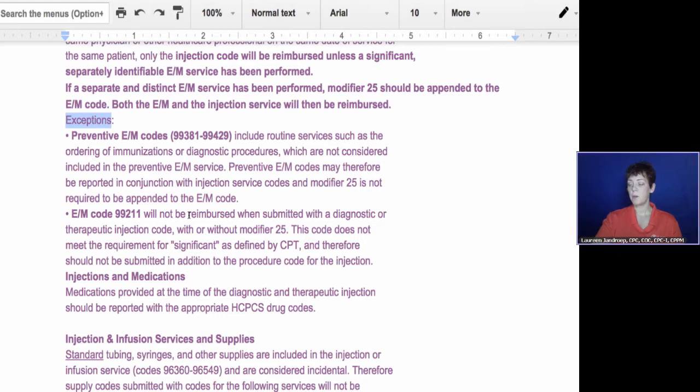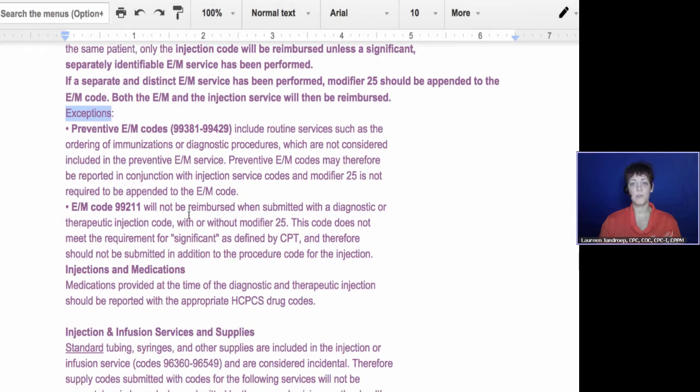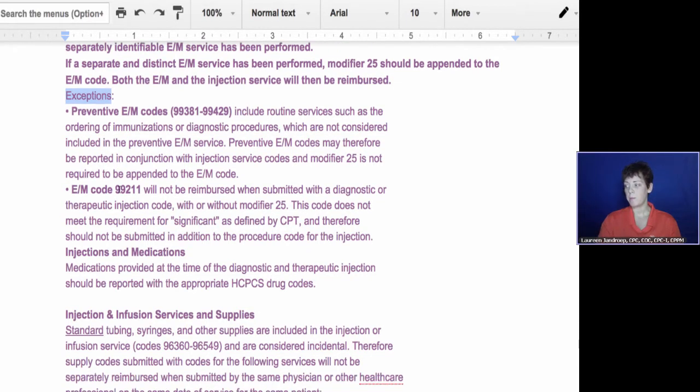Then an E&M code with 99211. 99211 is what's referred to as the nurse visit code. It's that 5-minute quickie code. That will not be reimbursed when submitted with an injection code. So,